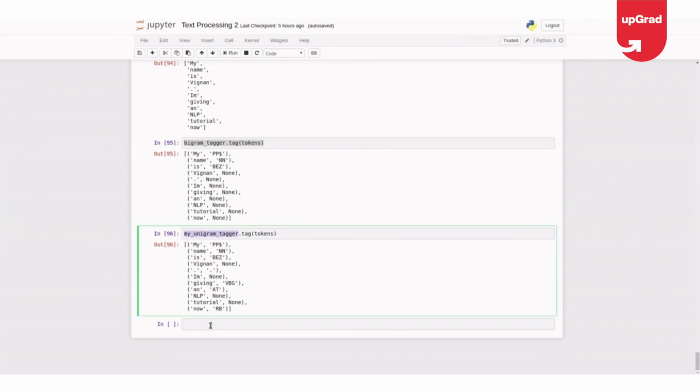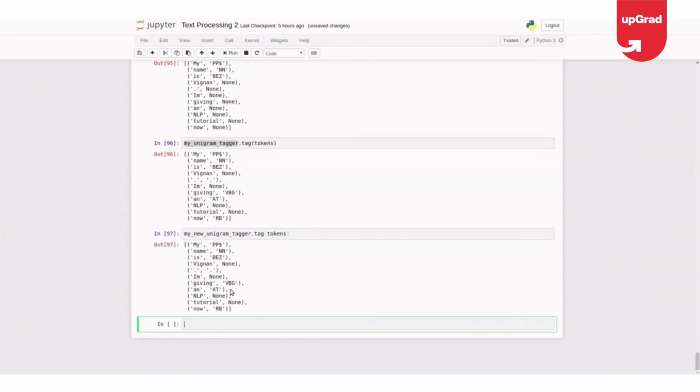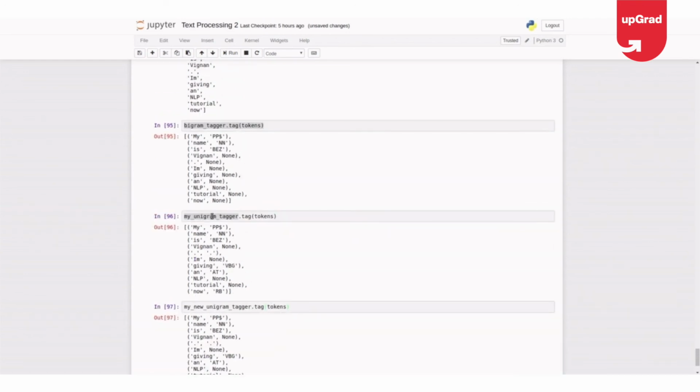I have built a second unigram tagger, right? Let me check that too. Yeah. Is there any improvement? No. So in my use case, the unigram tagger is performing better than the bigram tagger, and it has 81% accuracy here, but the bigram has only 10% accuracy. So there is no point in going for a trigram tagger, which will not be right.